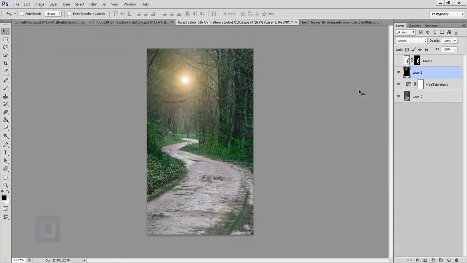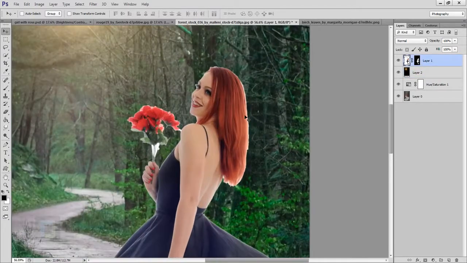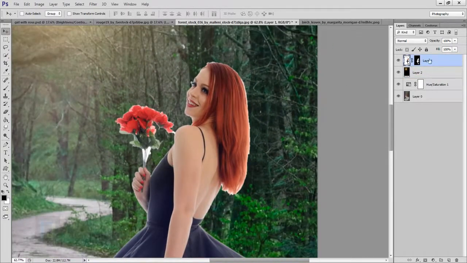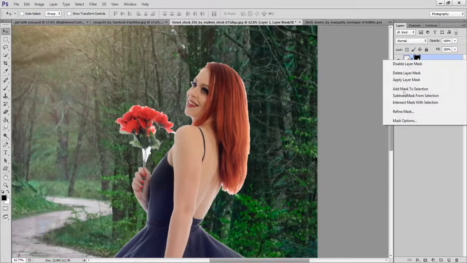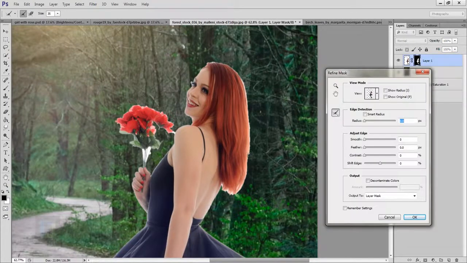Now when the background is ready, you can turn on your model layer, select her. Now if I zoom in, as you can see, her hair looks not that great. So select your layer mask, right click and refine mask. If you are my regular viewer, you know what I'm doing, this is my everyday thing. So you paint on her hair directly, don't change any settings, just start painting with your brush like